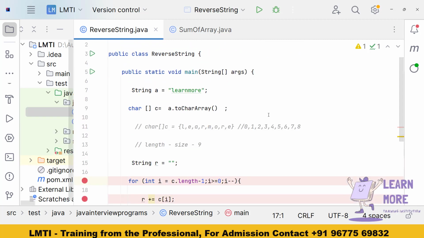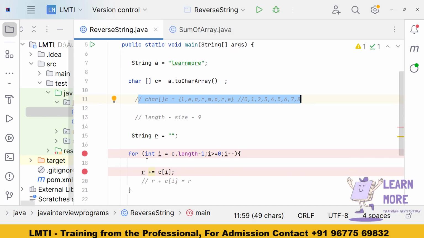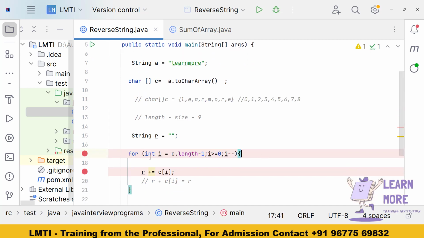And how we have achieved this is, initially we converted the string to a character array. The reason we converted it to an array is because only with the help of the array can we retrieve the value based upon the index. So that is the reason I converted this string to the character array, and after that we calculated the length, and we know the index value, and we have done the repetitive action with the help of the loop. We initialized something, set up the condition, and used the decrement operator, and the loop will execute whenever the condition is